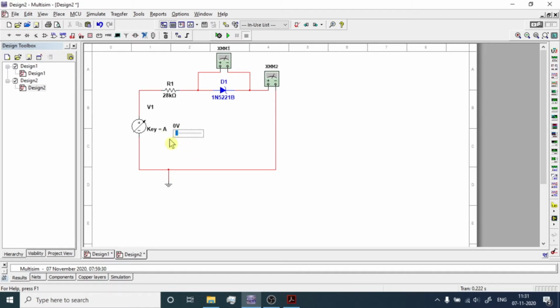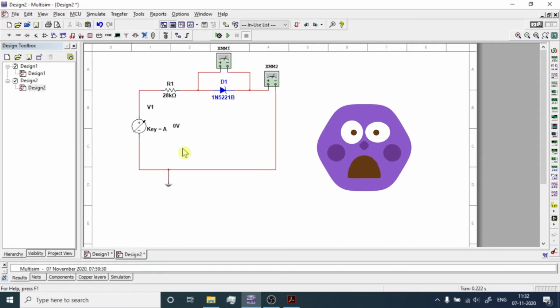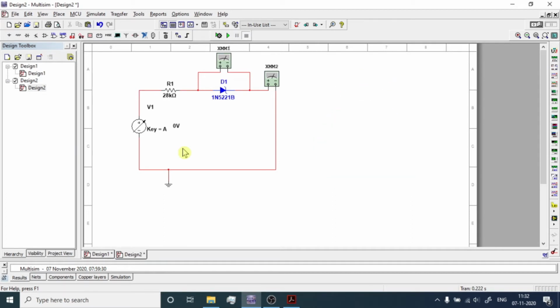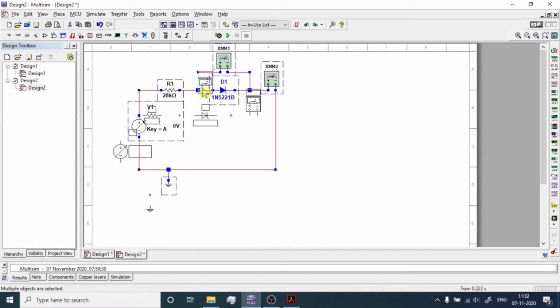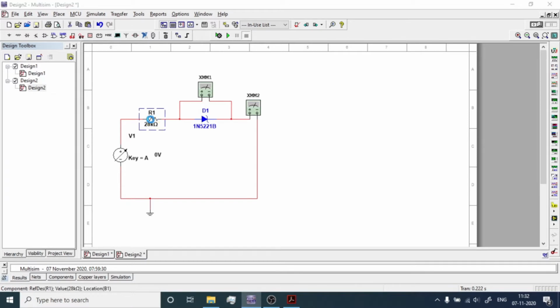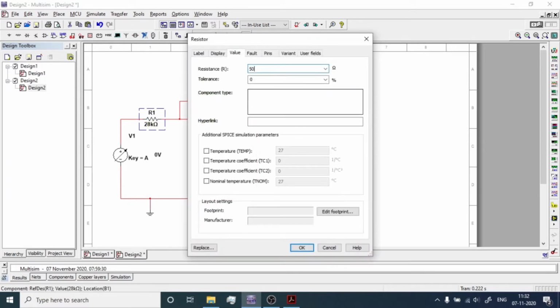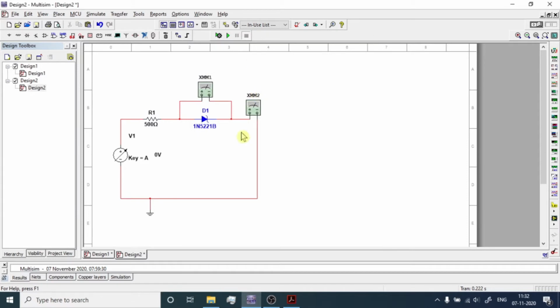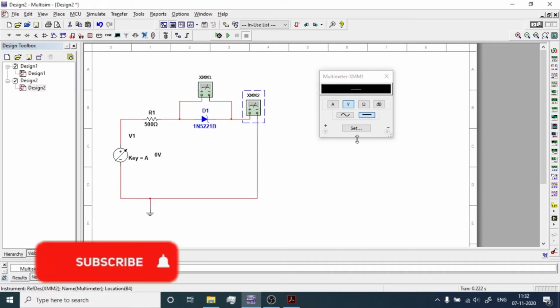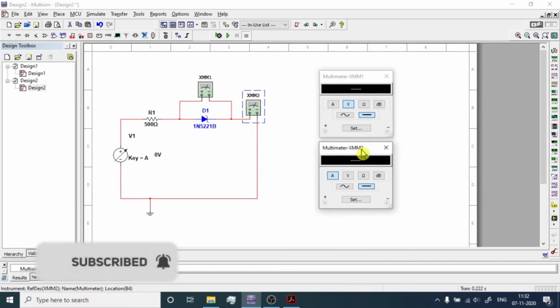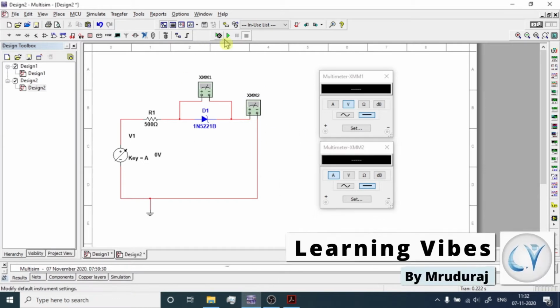So this is the use of this source, and now you got why we have used this source. If you use a normal DC source, every time you have to double click it, open it, and change the voltage. But here by just pressing key A, you can increase the voltage by the amount you have decided. Now we are going to start the simulation. We will change the amount of resistance. This much big resistance we do not want, so we just keep it as 500 ohm. It's voltmeter, it's ammeter. We'll keep these open.